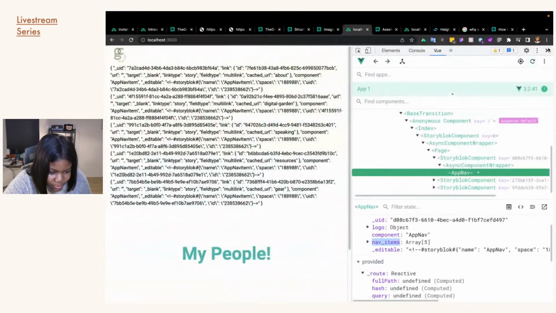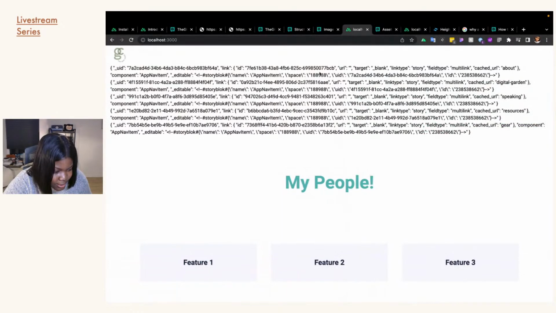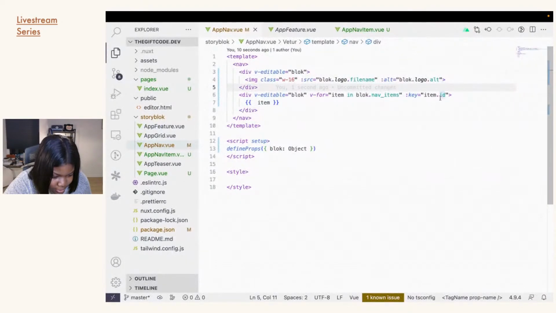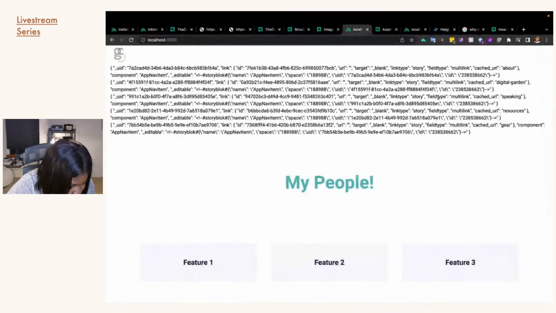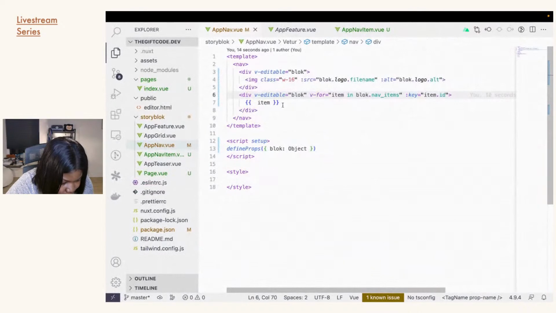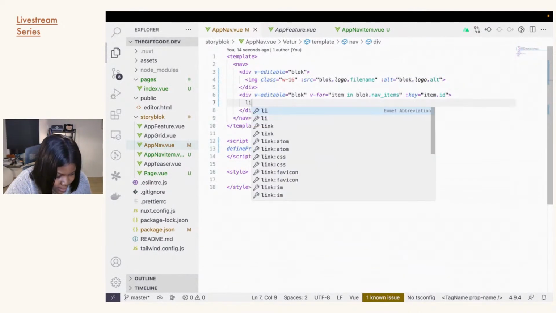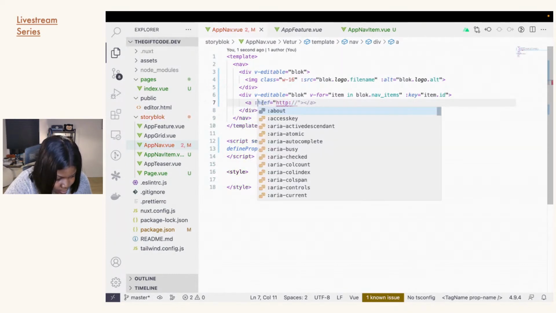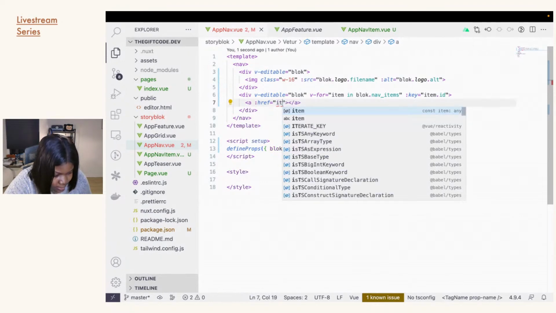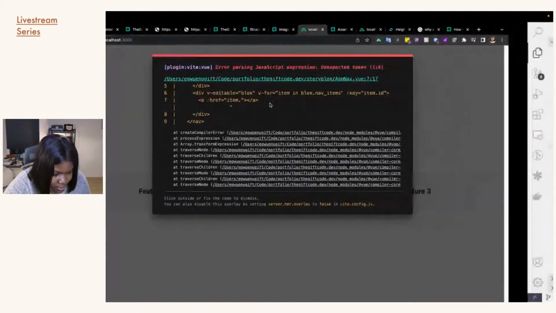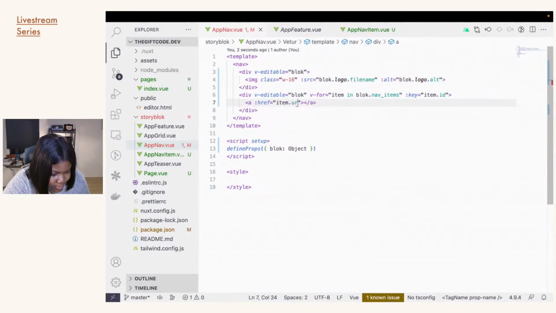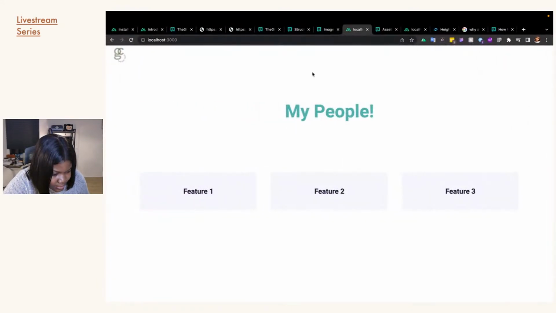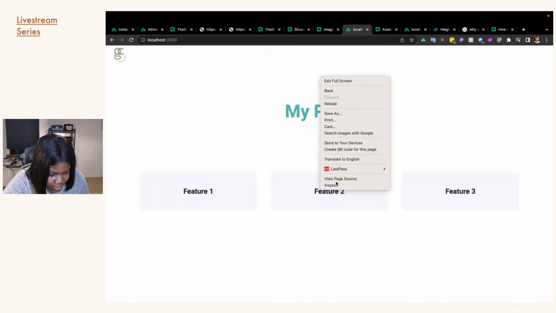Great. So now what we'll do with these items is just take only what we need because this is too much for me. So I'll say the ID is correct. So I'll say this should be link of type, and then bind this to group to item dot, I think it's gone, item dot URL. Let's just say that's it. And then if I inspect again,